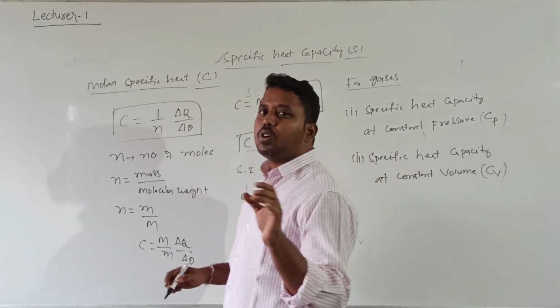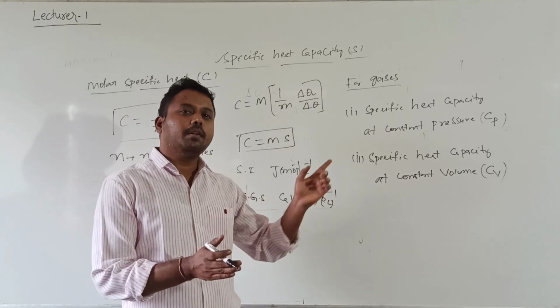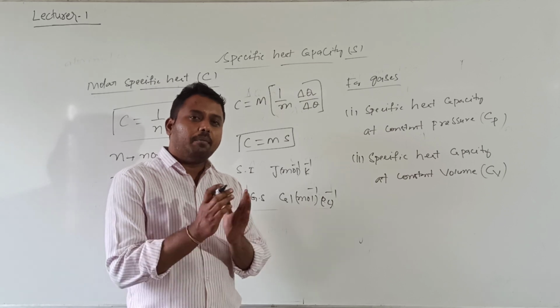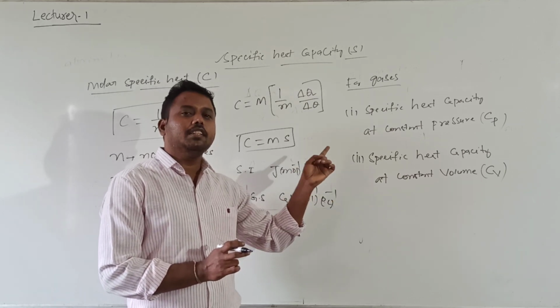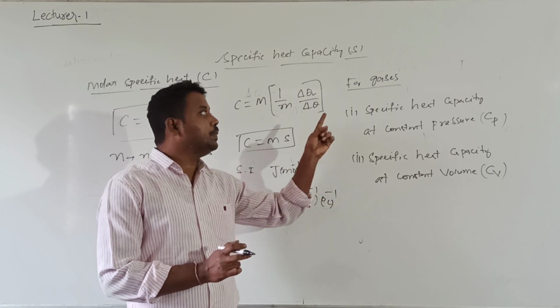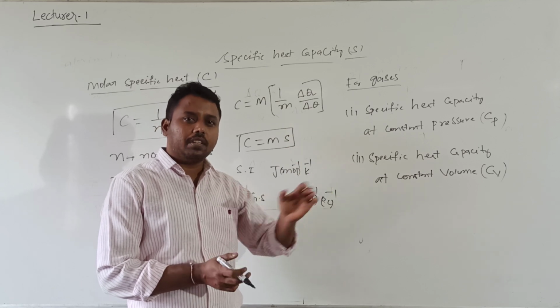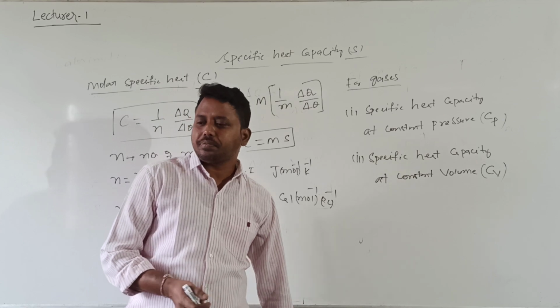When we discuss thermodynamics, these relations are very, very important. Most topics are based on these relations only. Cp minus Cv is equal to R, gamma is equal to Cp divided by Cv. All these relations are based on this. Regarding specific heat for gases, we will discuss it in detail in thermodynamics. Okay, so this is next.